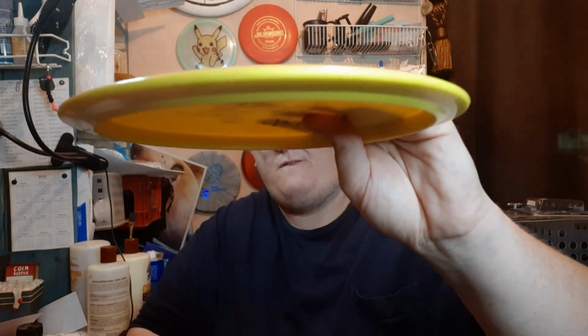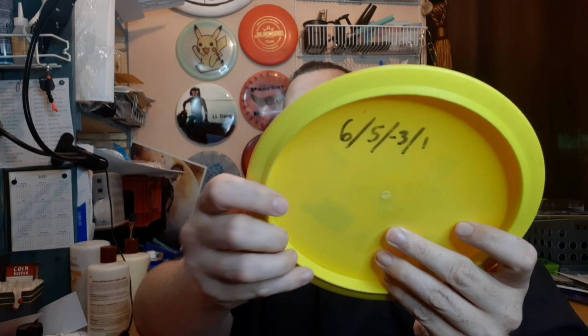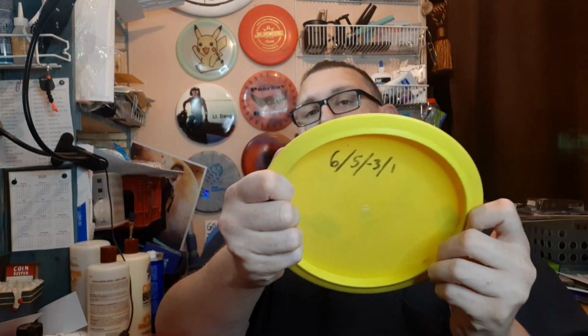You see here's the profile of it. And I wrote the flight numbers on the back. You can see the rim. It's got this little lip around it. So that's pretty good. And it actually is a fairly deep, I'd say maybe a medium depth underneath the rim. And the rim width is probably right there in the mediums. It's not a thin, but it's not a thick one either. So overall, this is a pretty good